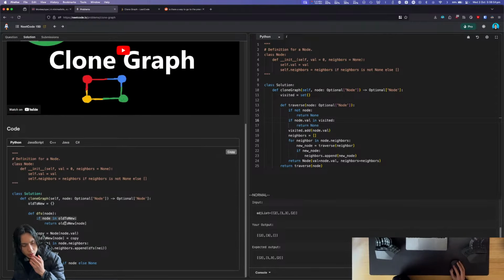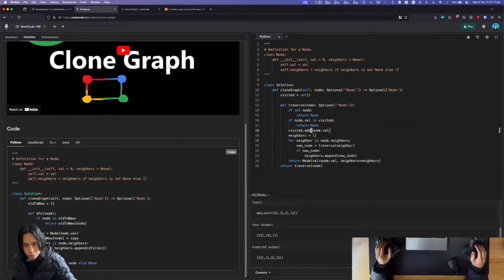If node is in old to new, return the node. Right, if it exists. Don't need to create a new one. So instead of this,